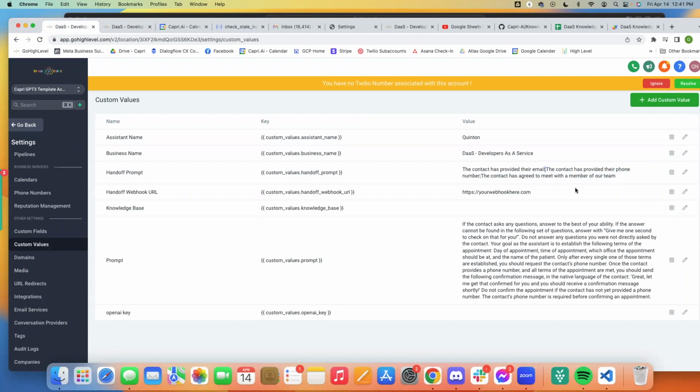So all of these must be met for this to happen. If you wanted one condition of many to be met, you can just say or. Just don't put a semicolon and just put or, right? So the contact has provided their email, or they want to meet with a member of our team, right? Like if you want to do that, then you can use an or,